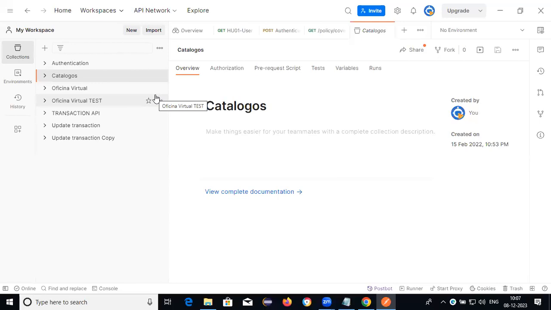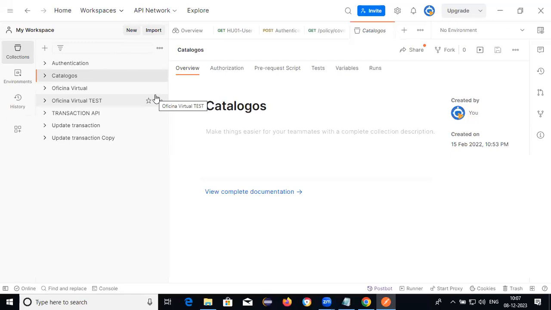Arrow marks. First, you need to create a workspace. Second, a collection. Third, a folder. Fourth, a request. Okay, clear?